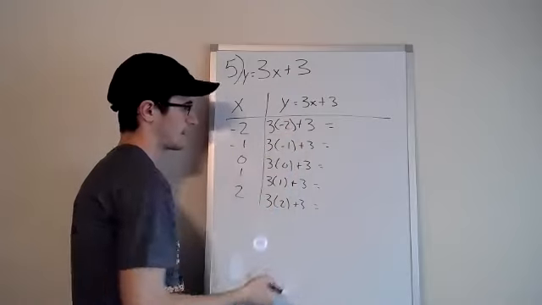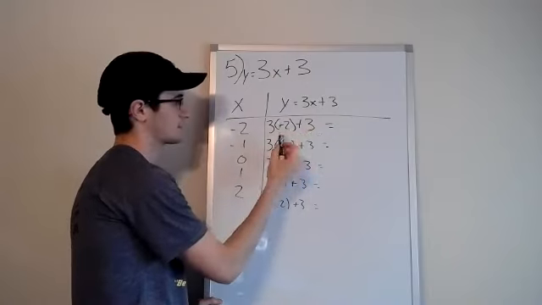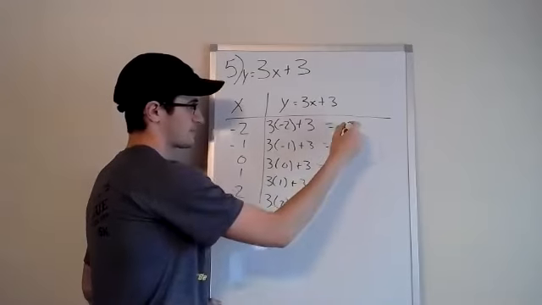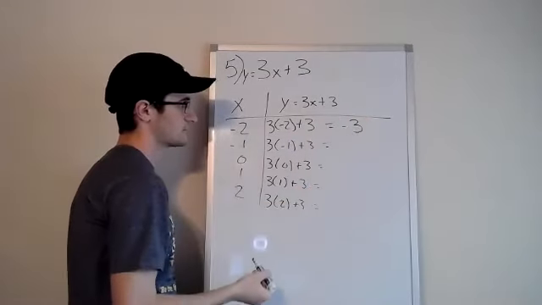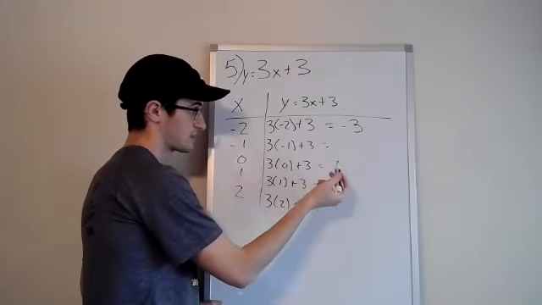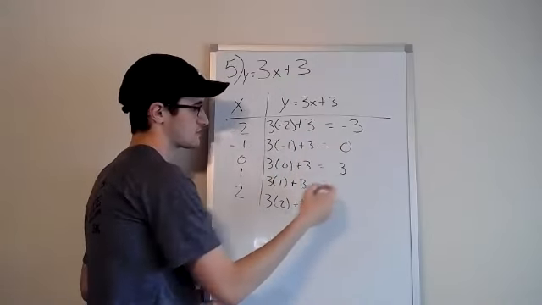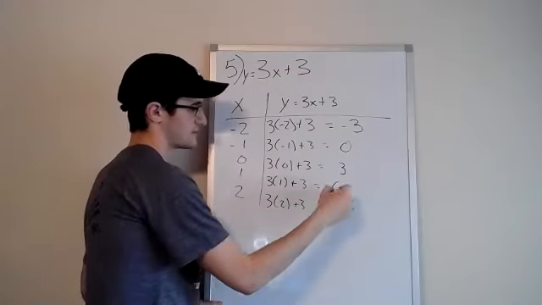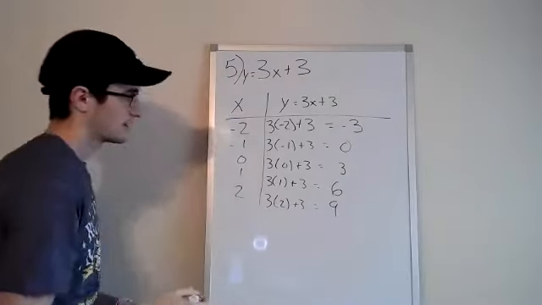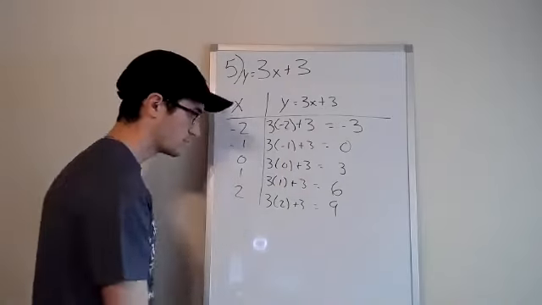Okay, so now I have all that written out. We can look at it as 3 times -2 plus 3. So 3 times -2 is -6, plus 3 is -3. 3 times -1 is -3, plus 3 is 0. 3 times 0 is 0, plus 3 is 3. 3 times 1 is 3, plus 3 is 6. 3 times 2 is 6, plus 3 is 9. Okay, so now that I have -3, 0, 3, 6, and 9, what I'll do is I'll take